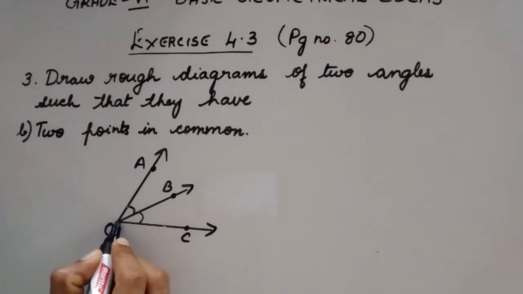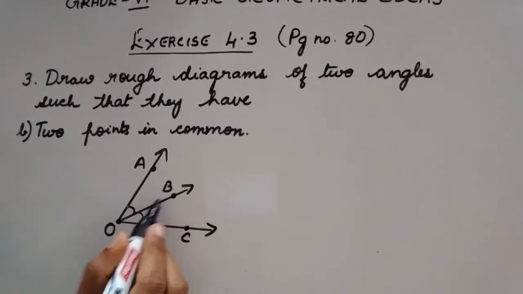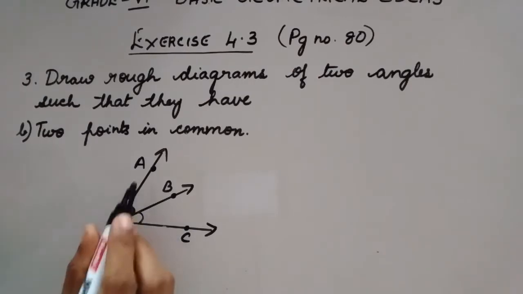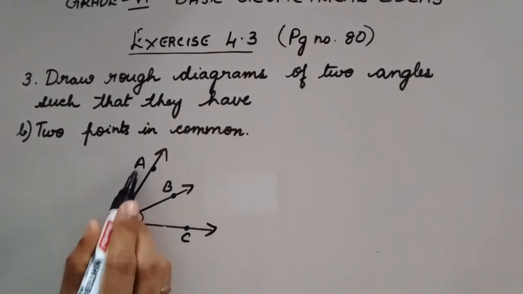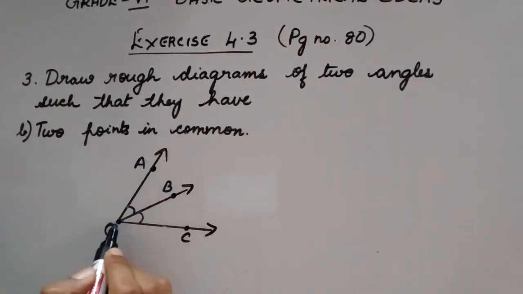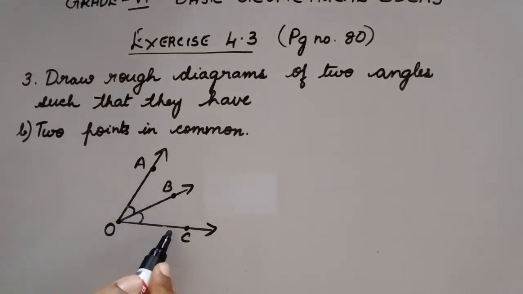So this point is point O. This is shared by both these angles because in angle AOB you have the common vertex O, and also in COB